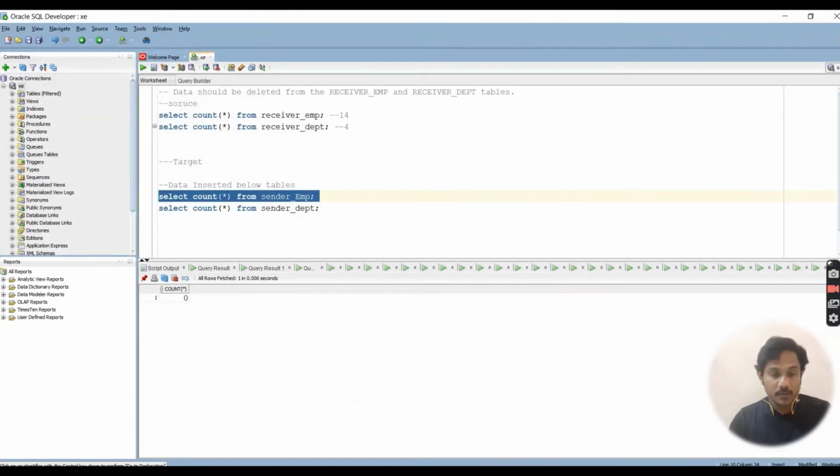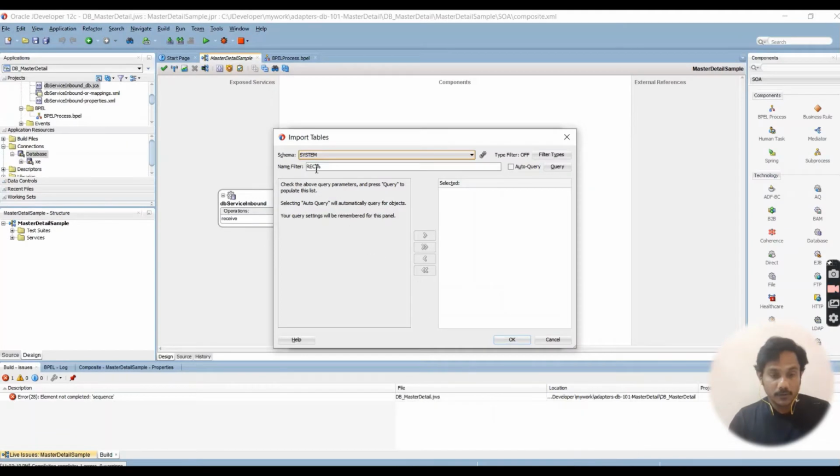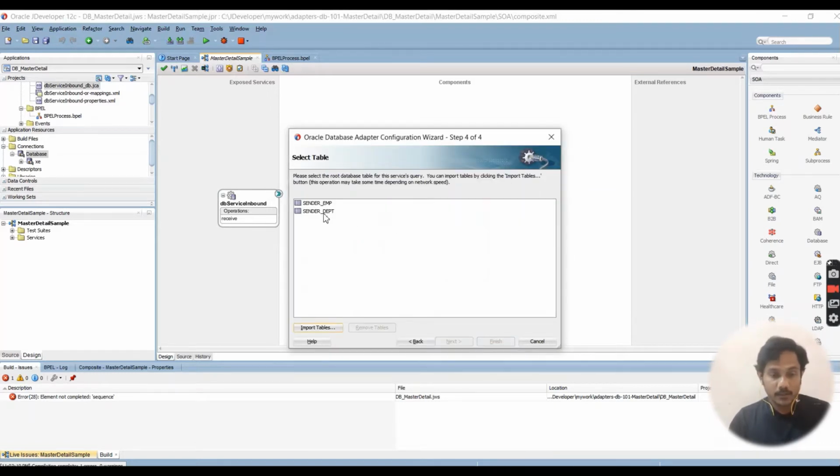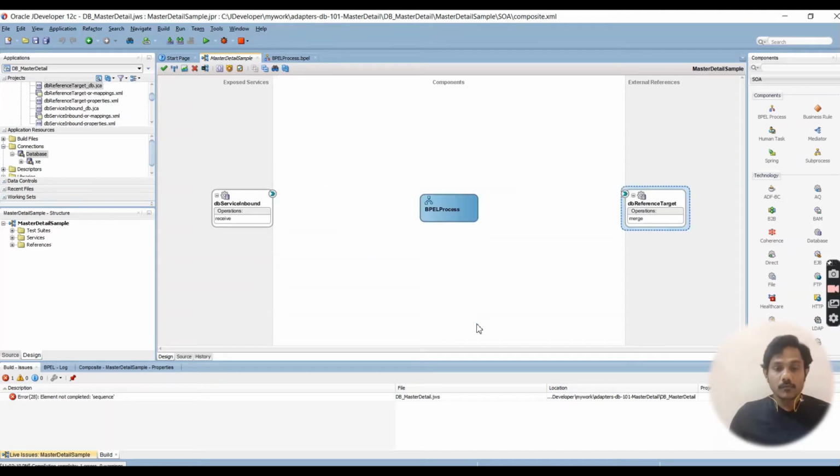Our target tables are sender employee. Search with sending. Select these two tables. Click on OK. Click on next. Click on next. Click on next. Finish. So the DB adapter is ready for insertion.